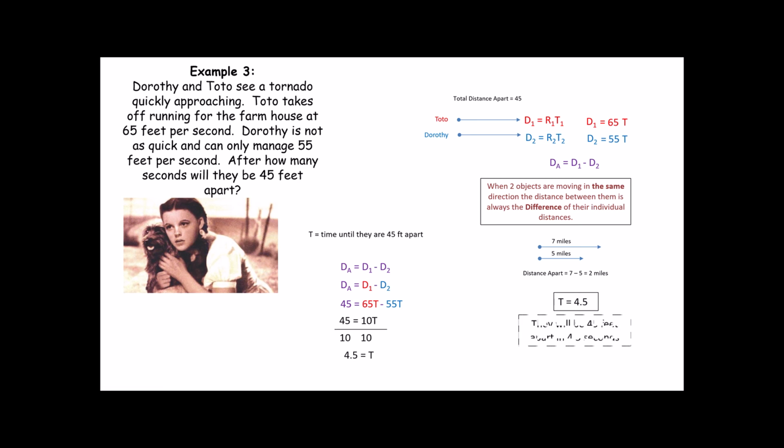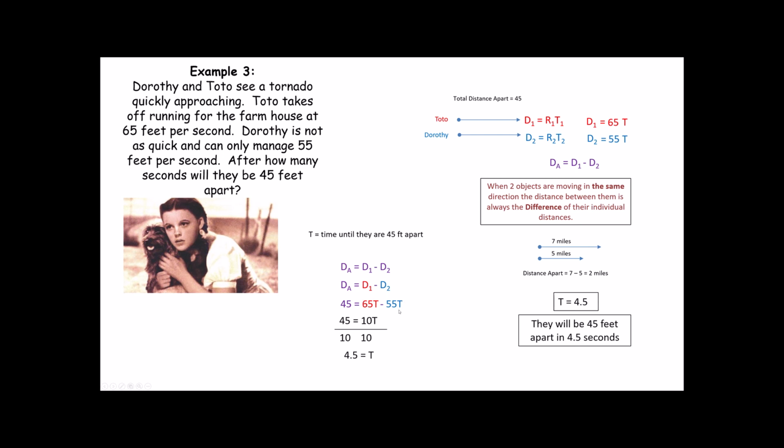Notice that they will be 45 feet apart in 4.5 seconds. Now, some people often ask me, how do I know that Toto is D1 and Dorothy is D2? Couldn't Dorothy be D1 and Toto be D2? Yes, they could, but if you look down here, if you did that, what you would end up with is